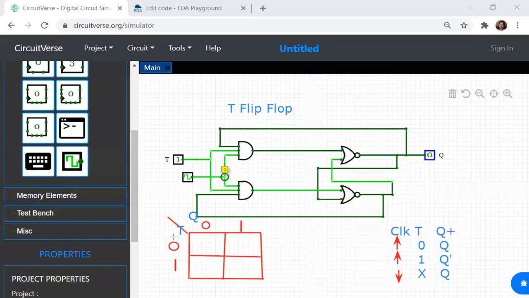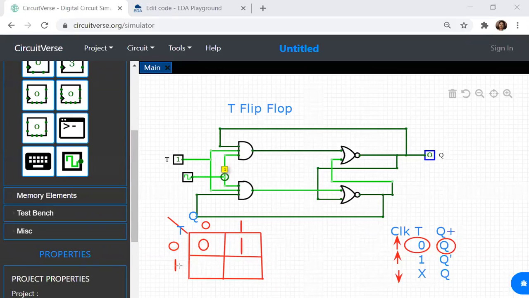When T is 0, if Q is 0, this will be 0 only. When T is 0, if Q is 1, it will follow the previous state, as I told. When T is 0, the next state will be equal to the previous state. So when T is 0, if Q is 0, it will be 0. If Q is 1, it will be 1.